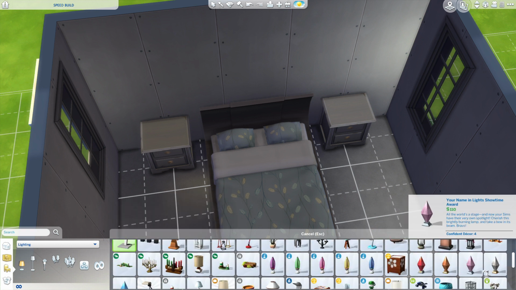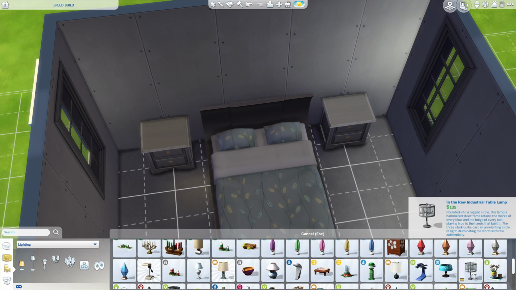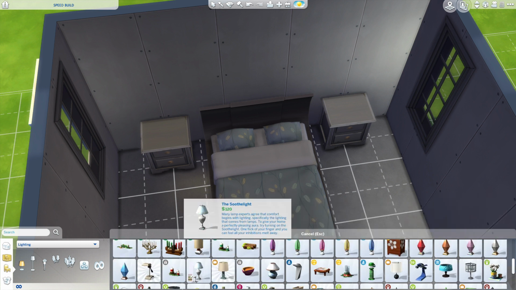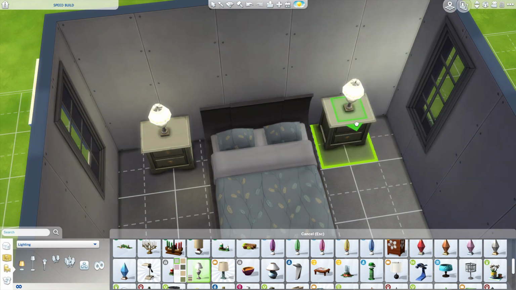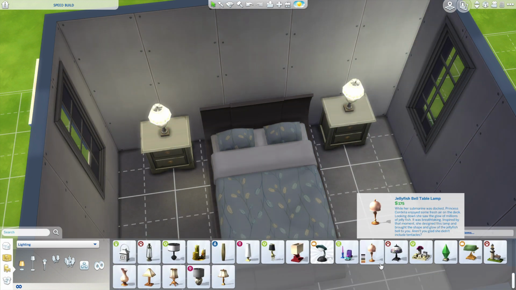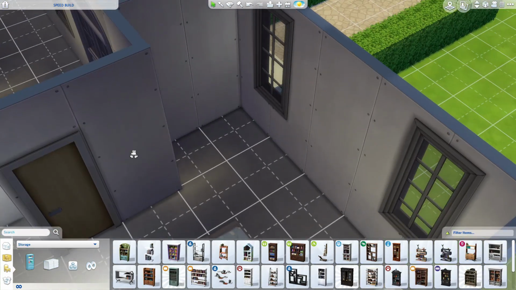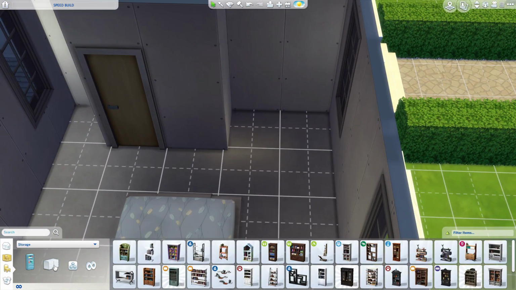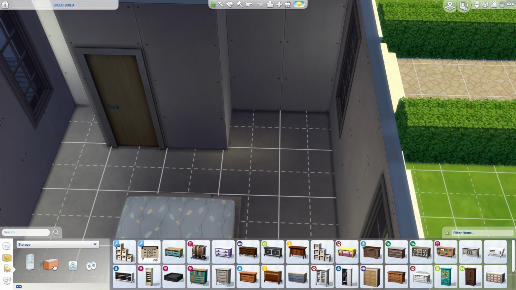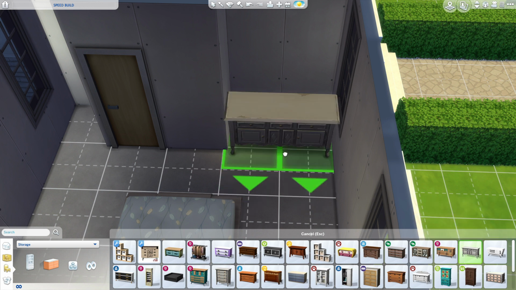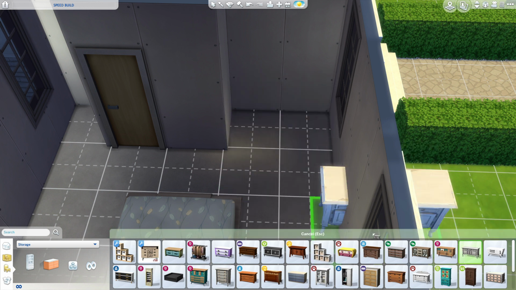For the table lights, aside from the new stuff, which I'm trying not to use because I can't really, of course I don't use those items because they're new. I would have to say that lamp is just something that I don't use, as well as for the dressers. It has to be this one because of